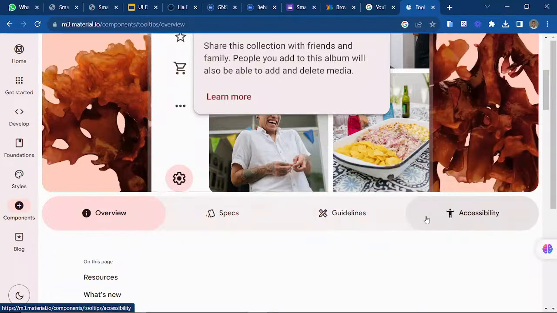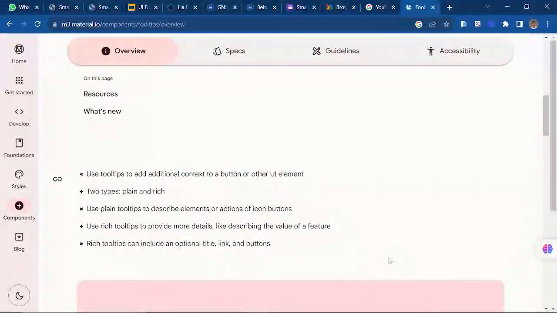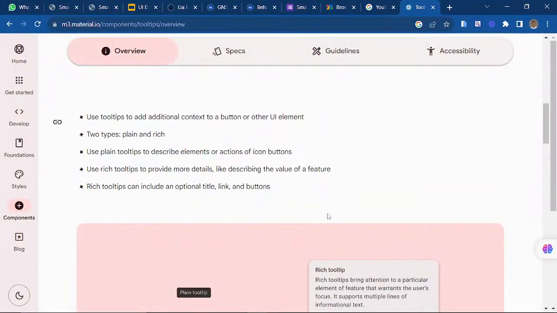But this is what hovering means, when you hover on something. Then you can get to read about what that design element is. So you can use a tooltip to add additional context to a button or other UI elements. So maybe what users are seeing on the screen, you can add some other information that is not visible.